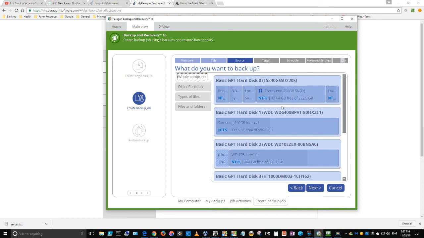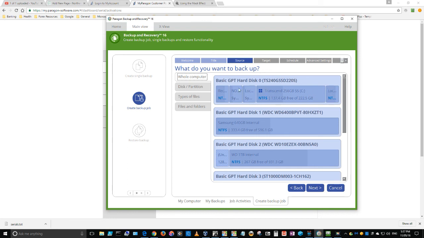And as you can see in the description, I actually have a solid state drive in here, 256 gigabytes. Oh my gosh, it's getting late in the day. And it's my C drive. So I know this is the particular drive that I want to back up. All I have to do is click in the light blue section here, and it will select,